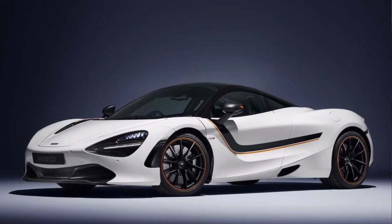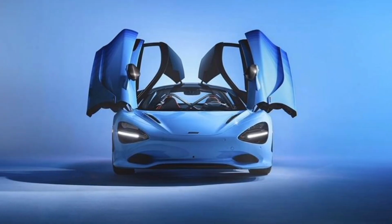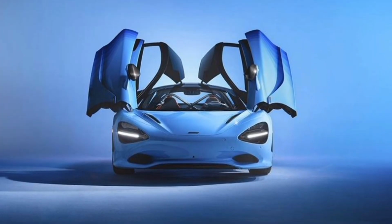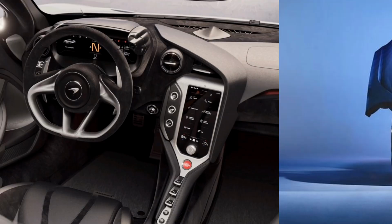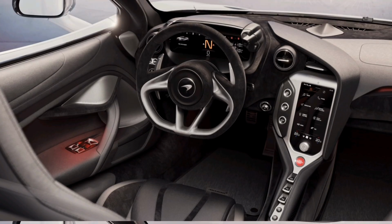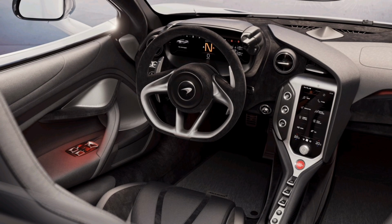Aft of the 750S's cabin lives a 740 horsepower twin-turbo V8 engine that's not shy about applying its 590 pound-feet of torque to the rear wheels. A 7-speed dual-clutch handles gear shifts. After sampling the 750S coupe for ourselves, which included some breathtaking track time at Circuito do Estoril in Portugal, we estimate it can hit 60 miles per hour in as little as 2.5 seconds. We're looking forward to confirming that with our own testing, but that would make it slightly quicker than the discontinued